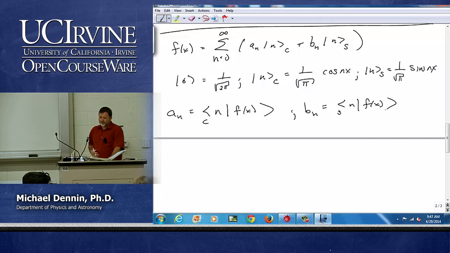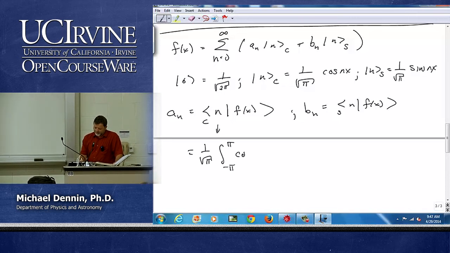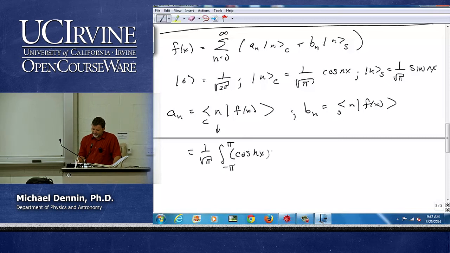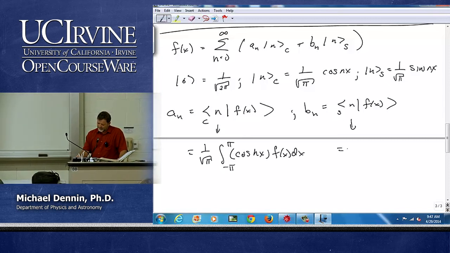We're using the sine and cosine one. Notice now how the square root of pi's work out. Our inner products have a 1 over square root of pi coming from the bra, the integral from minus pi to pi, cosine nx f of x dx. And this one has a 1 over square root of pi, again coming from the bra, minus pi to pi, sine nx